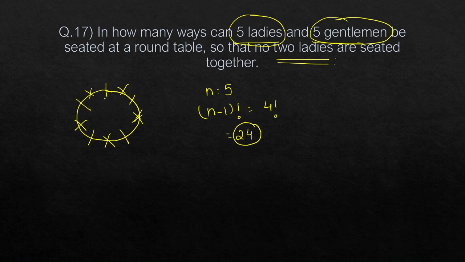Even if one gentleman was to sit here, even then the reference point is marked. So the whole arrangement will matter, as in case it happens in the Q case. In this case, when we arrange the ladies, we do not have to subtract 1, because suppose this lady sits here, it will matter if the lady sits here or here, because if the lady sits here, then this lady will, suppose this is the first man,